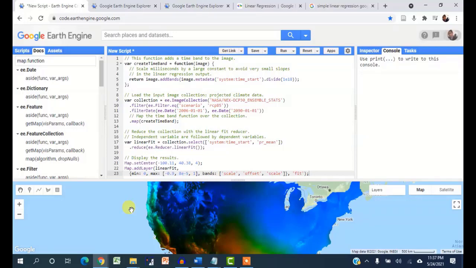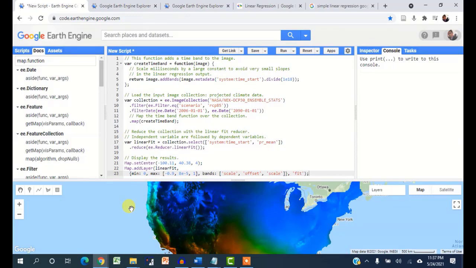So in this video I'm going to talk about something quite complex, which refers to regression. I'm going to show you how we can use the linearFit built-in function when using satellite images. When we are working with the linearFit function, the data should be set up as a two-band input image, where the first band is the independent variable and the second band is the dependent variable.